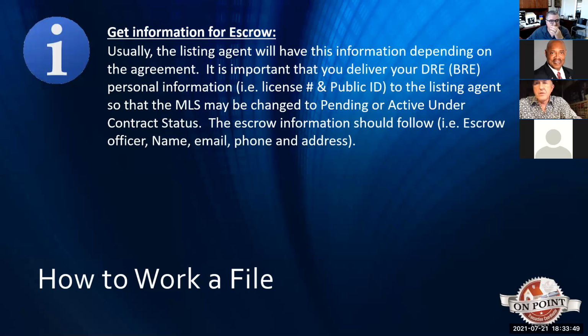Now, if you're the listing agent, you can search the buyer's agent information. There is a search section. If you have their license number, and typically it's on the PRBS and it's also on the contract, you can search it and fill out their name. So you don't necessarily need their public ID to fill it out. But what I found in the past, because agents do kind of jump around a bit, is that it's always best to at least know it if you can.